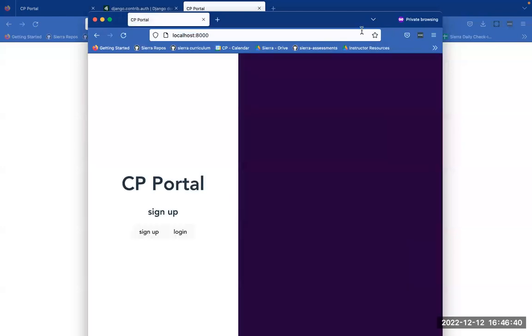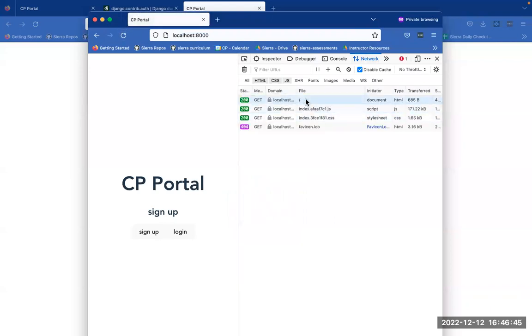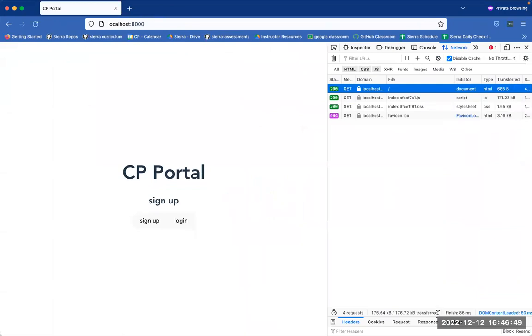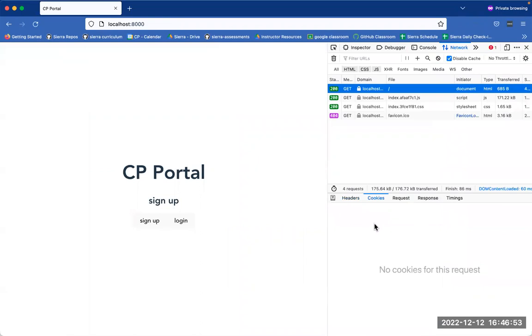Localhost. Let's look at the network tab. So for the base, I'll just move this up. I don't have any cookies. I'm not logged in. Nothing is set up. If I sign up, I'm going to get the like, oh, you can't sign up with this user because you don't have a unique ID. So probably we should send back a reason for the sign up failures as well. But now if I hit login,